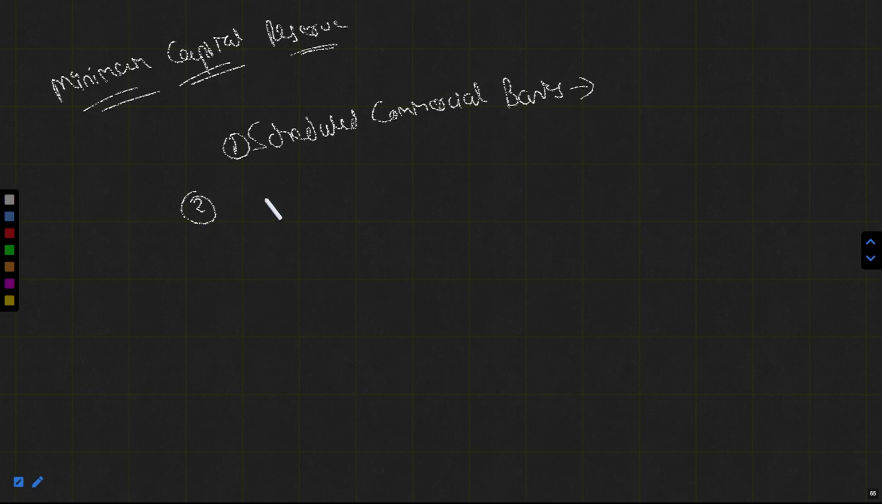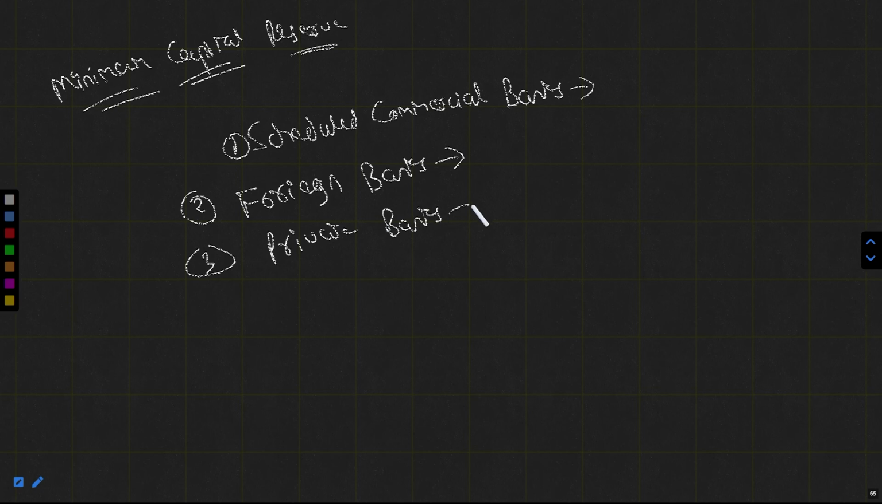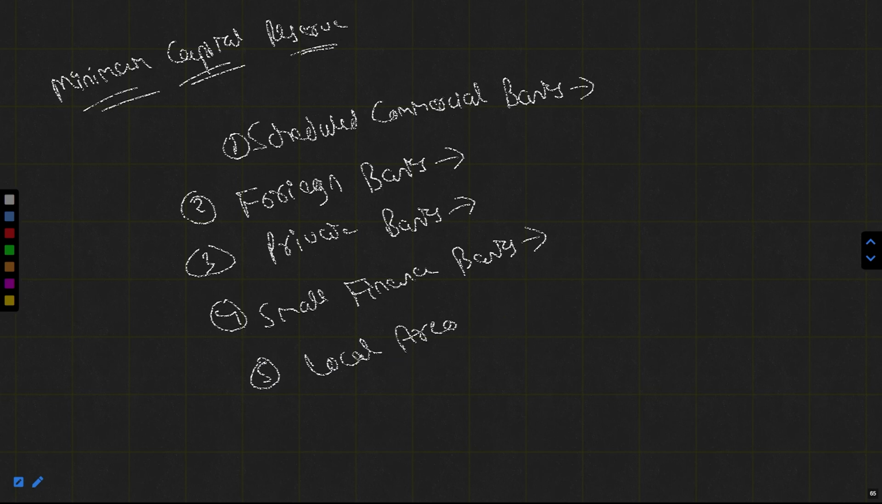Okay, the second one is foreign banks. The third one is private banks. Fourth one is small finance bank. And the fifth one is local area banks. Okay, so if we talk about the minimum capital requirement for all of these banks, then